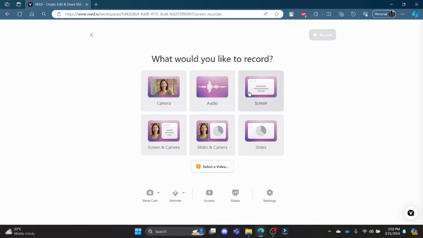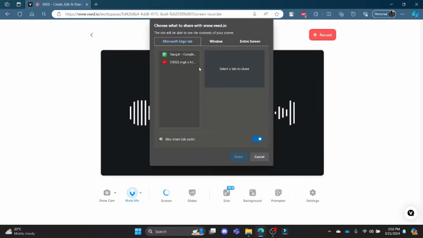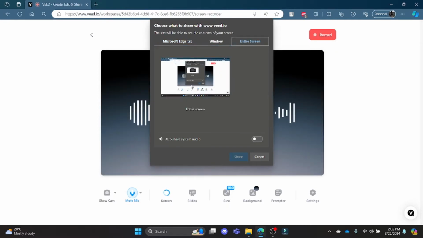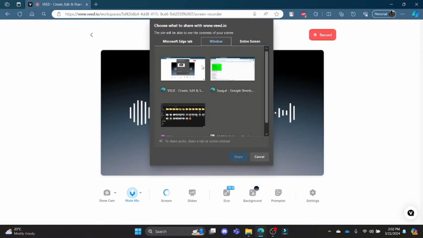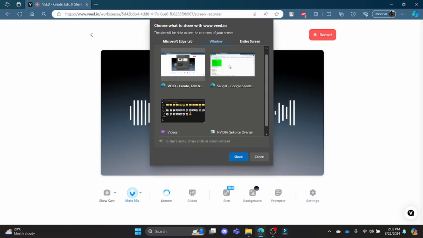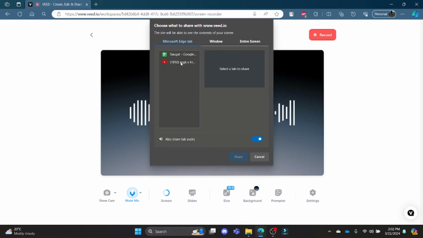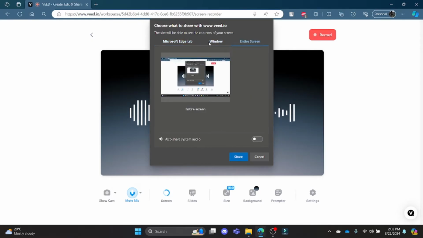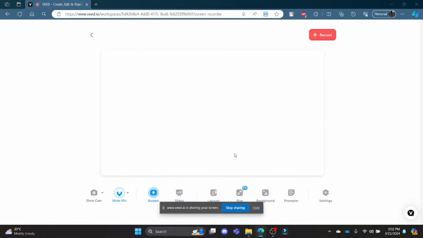Now to record your screen, go ahead and click screen and choose which window you want to cast or which screen you want to display or record. So if you want to record the entire screen, click entire screen, or just a single window, click the window which is open, or if you want to screencast the tab, go ahead and choose Microsoft Edge tab and choose the window. Now I would like to cast this whole screen, so I will click entire screen, click share, and